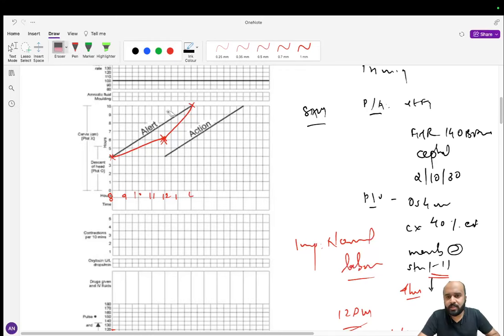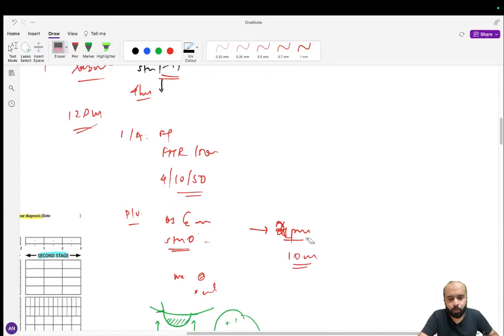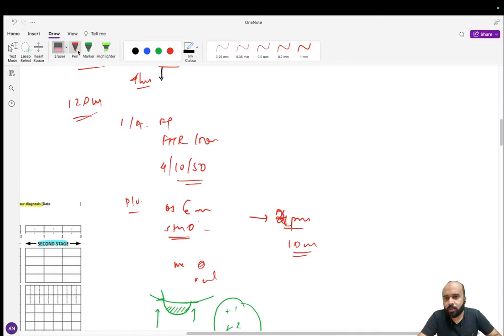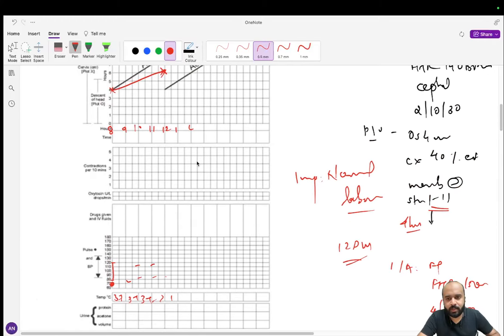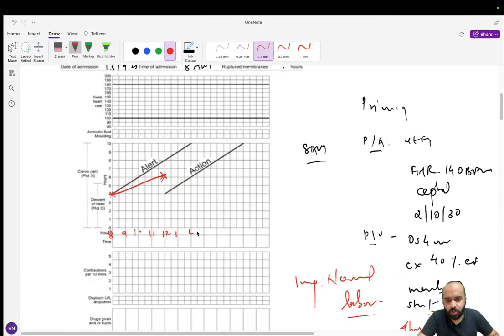The next case is when this progression didn't happen and the patient, even at 4 p.m., stayed at 6 centimeters itself, despite starting oxytocin. So this was 3 and this was 4. So at 4 p.m., it was still 6 centimeters. And basically, there is a flat lining of my partograph over here. This flat lining is going to indicate that my patient has crossed the action line, and now I have to